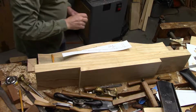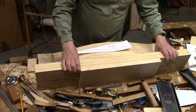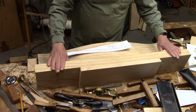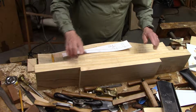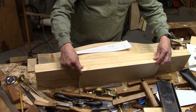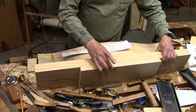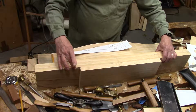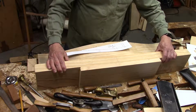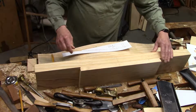There are 4 drawers in the Serpentine chest of drawers, and the way I'm going about making these is a little bit complicated. At first, I'm gluing up 2 thicknesses of material to get the overall thickness. It's almost 3 inches wide here. So I've used 2 pieces to get to the 3 inches thickness. This is the front of the drawer, and